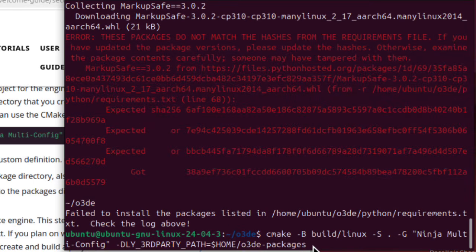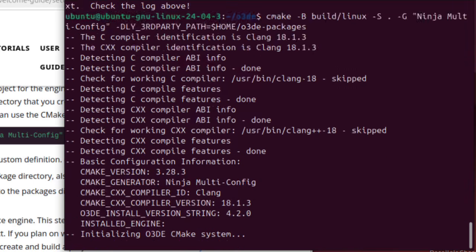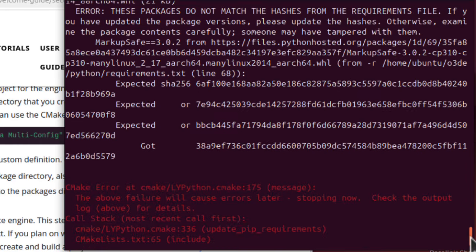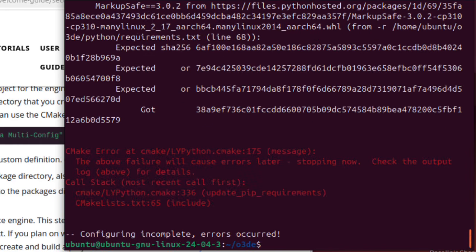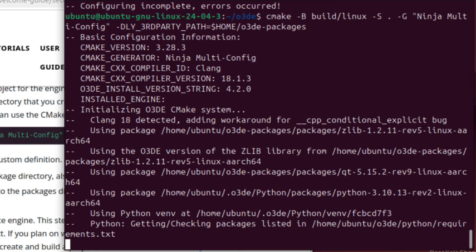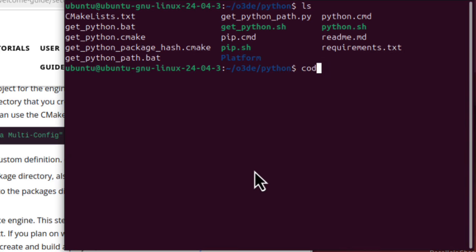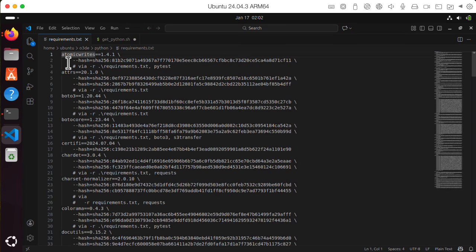Here's the first CMake line we need to run to set stuff up. It's complaining about hashes not matching again. Let's just try running that again and seeing what happens. It's still complaining. Here's a question. Can I just take out all of these --hash lines?